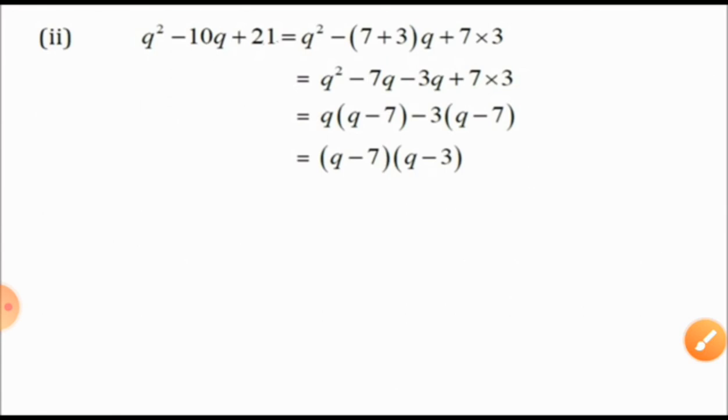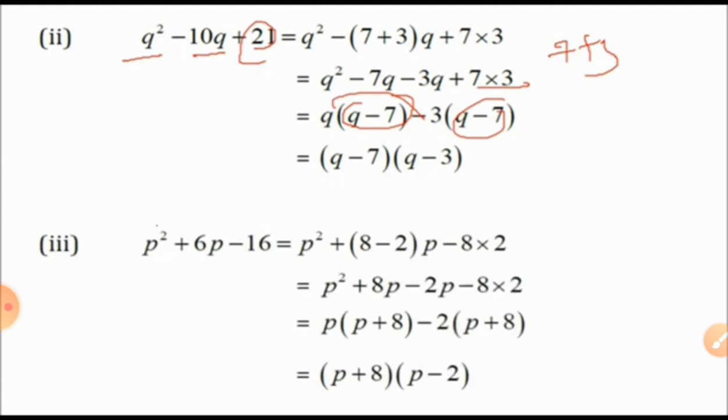q square minus 10q plus 21: find two factors such that the sum is 10. तो आपको मालूम है 7 3 जा 10, 7 प्लस 3 10 हो गया, 7 3 जा 21. Multiply and plus. Factors multiply, you will get the last term, and factors added, you will get the middle term coefficient. That's a very common thing in these types of sums. Same way, split 16 into two parts such that the addition and subtraction is 6. So 8 2 जा 16, 8 में से 2 निकाल दो तो आपको मिल जाएगा 6. So 8 minus 2p.